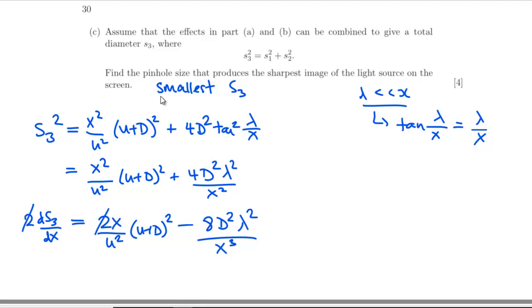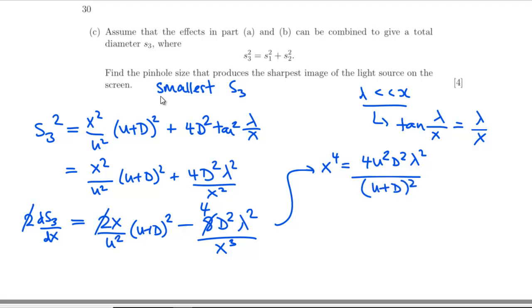Let's get rid of those 2's. Just imagining that being an equal sign in the middle, in order to save me a bit of space, we're going to have x to the power of 4 is going to be 4u squared d squared lambda squared over (u plus d) squared. So we can double square root that and get that x is the square root of 2ud lambda over (u plus d). Right, is that going to fit with our